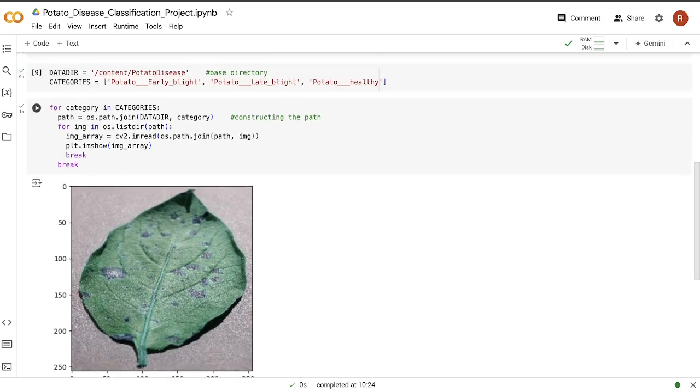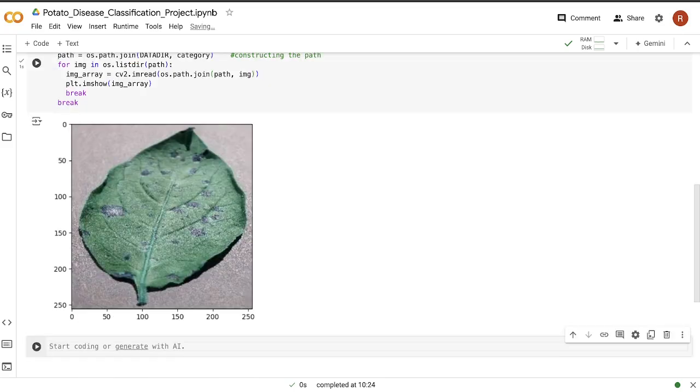So this is the color RGB image with the channel dimension of 3. Now you can go ahead with processing these color images if you want to, but actually color doesn't matter here. We can easily identify the spots and all the things in the grayscale image as well. And also when you make use of color RGB images, your RAM, your session basically crashes because you run out of the currently available memory.